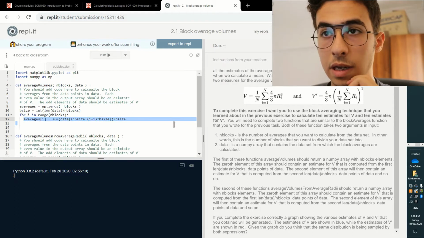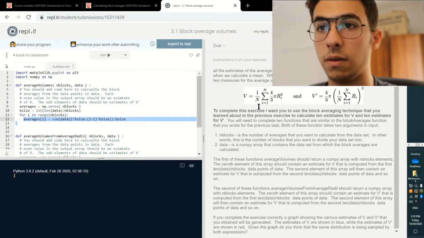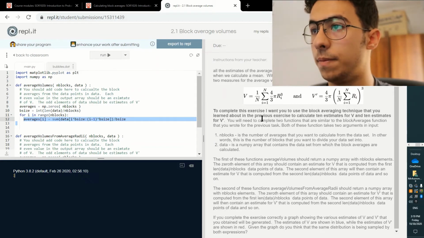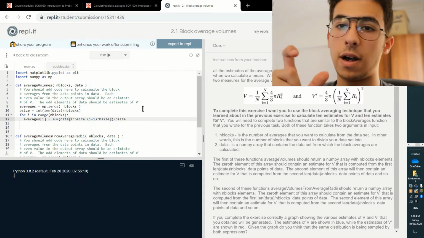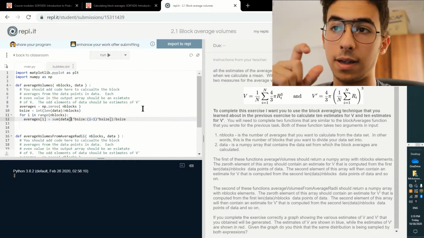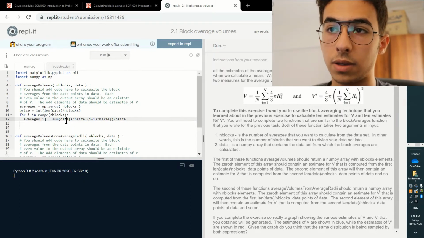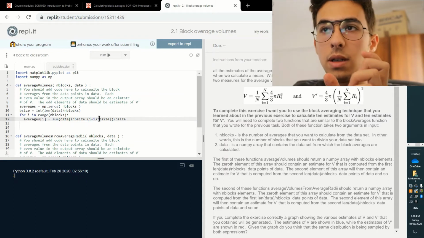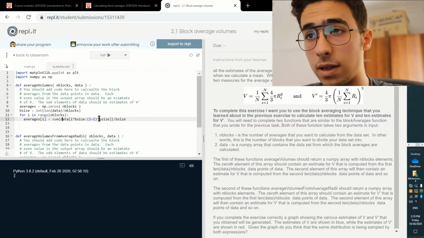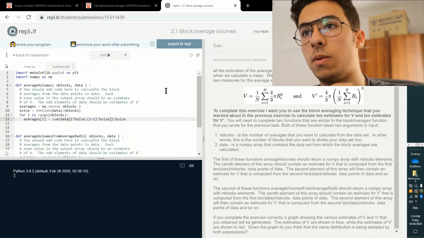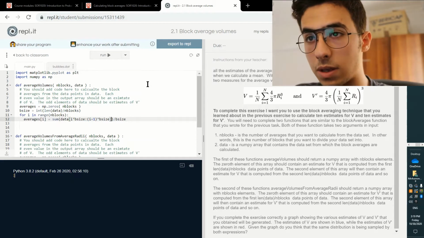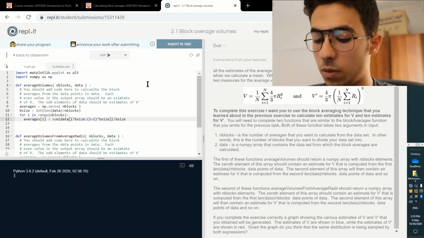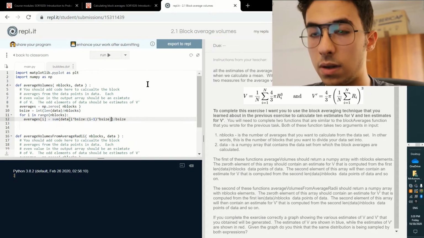Since we're doing average volumes, what we're going to do is that for each data[i], which is the ith element in the data set, which in this case is a radius,